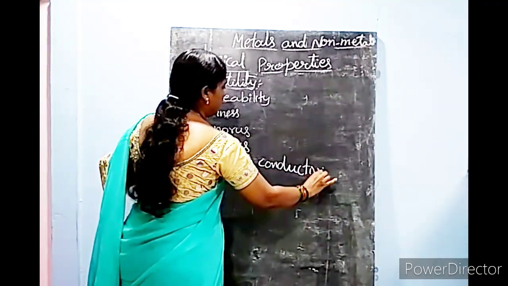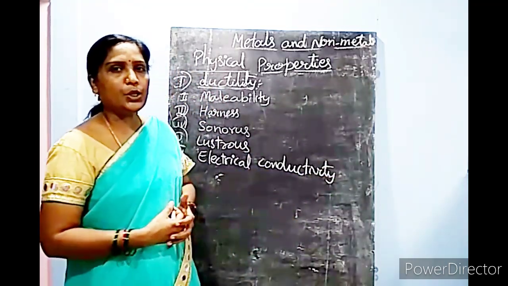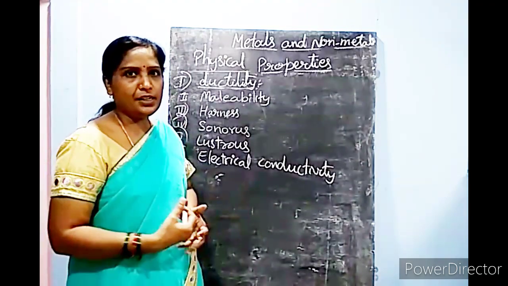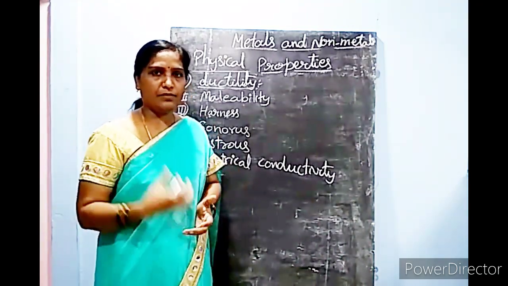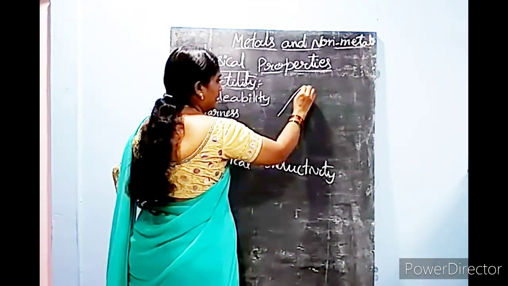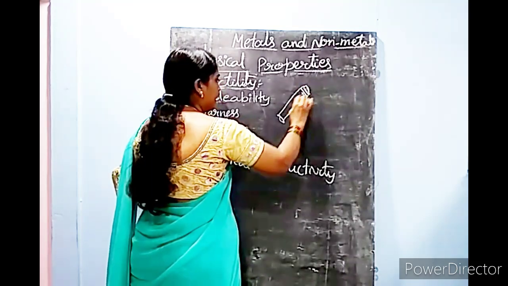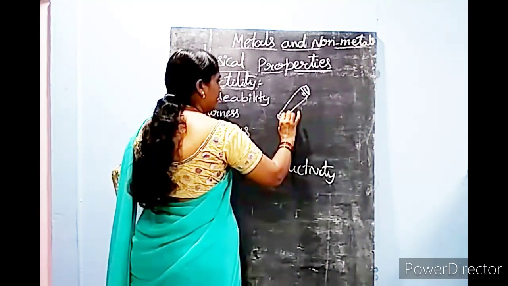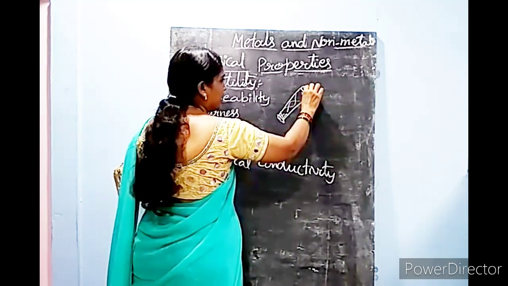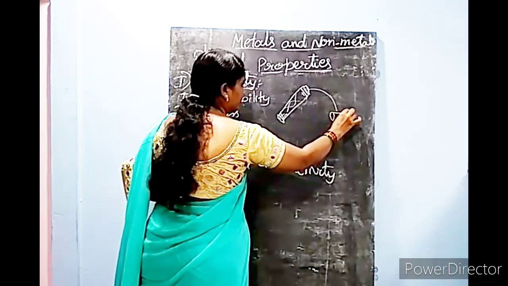Electrical conductivity. To understand this, you remember the electric circuits. You know how to make an electric circuit. This you already did in your class 6 and 7. Just a reminder for you. Take a cell, with its plus and minus sign. Take a cell like this and join it with an iron nail.